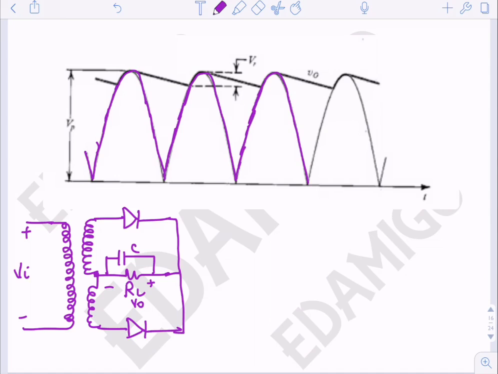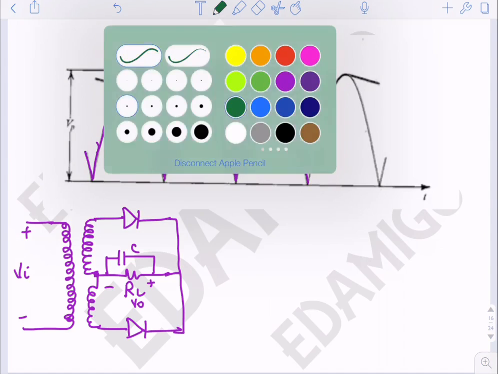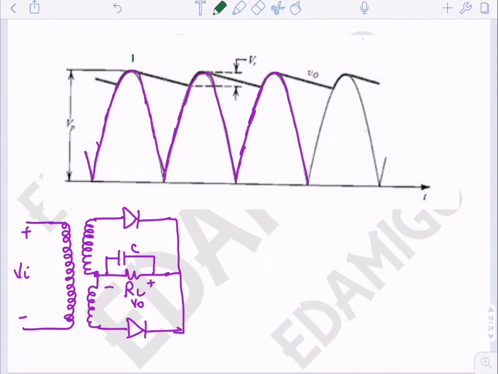Okay, but since there is a capacitor, let us say the capacitor is charged till the maximum value, then it will discharge through the resistance, then it will rise, then it will discharge, and then it will rise, then it will discharge. So let us say that the difference between the maximum and the minimum value of the output voltage is VR. Okay, so in this time duration, that is from this time instant to this time instant,